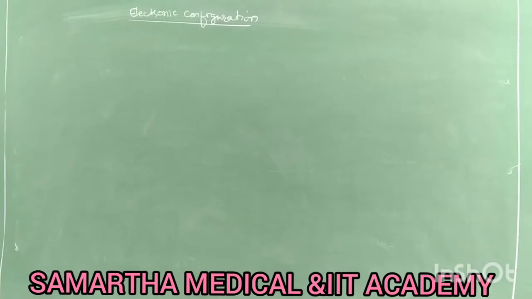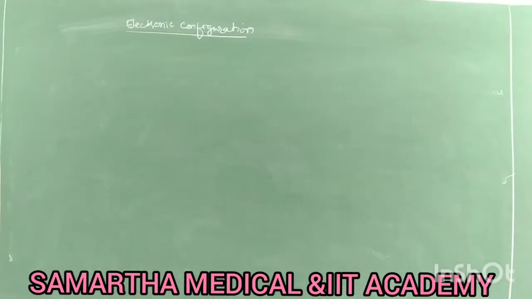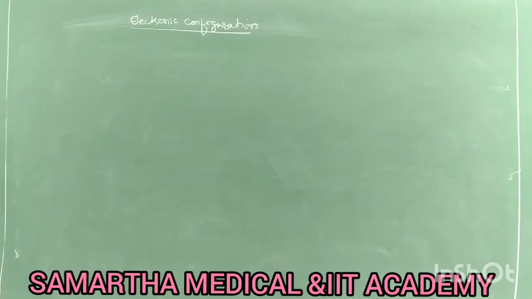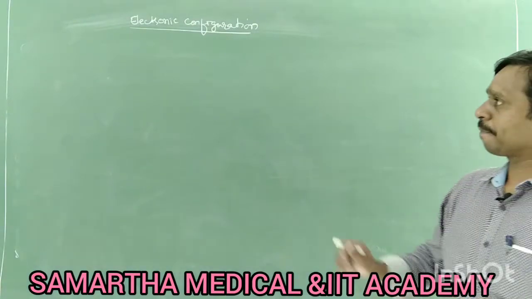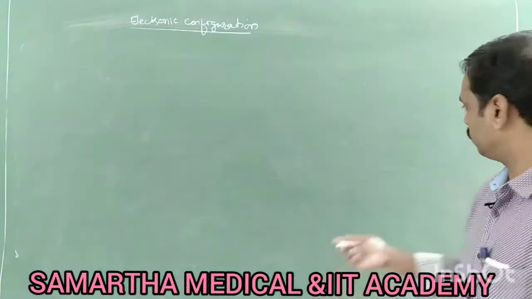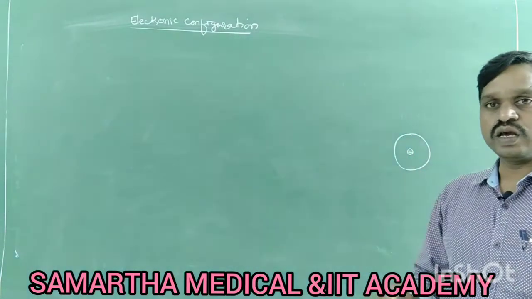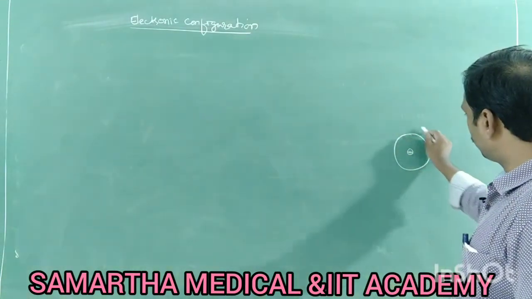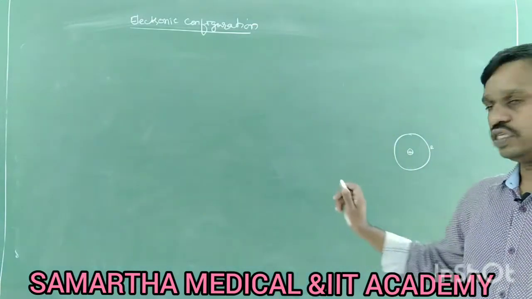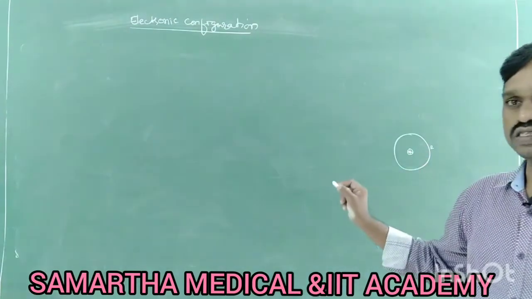Students, you might have studied this at school level also. So what is electronic configuration? It is nothing but the distribution of electrons. We know that an atom has electrons. An atom is spherical in shape, where electrons revolve around the nucleus continuously. These paths are called orbits, and this is the nucleus. These are basic things you have studied.